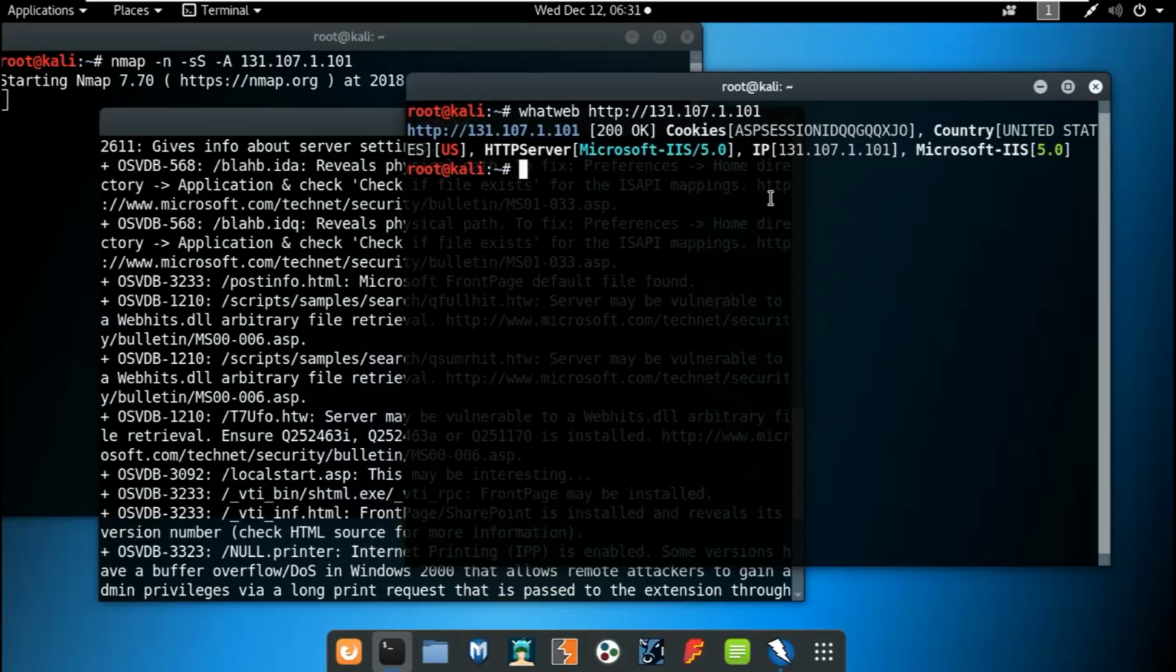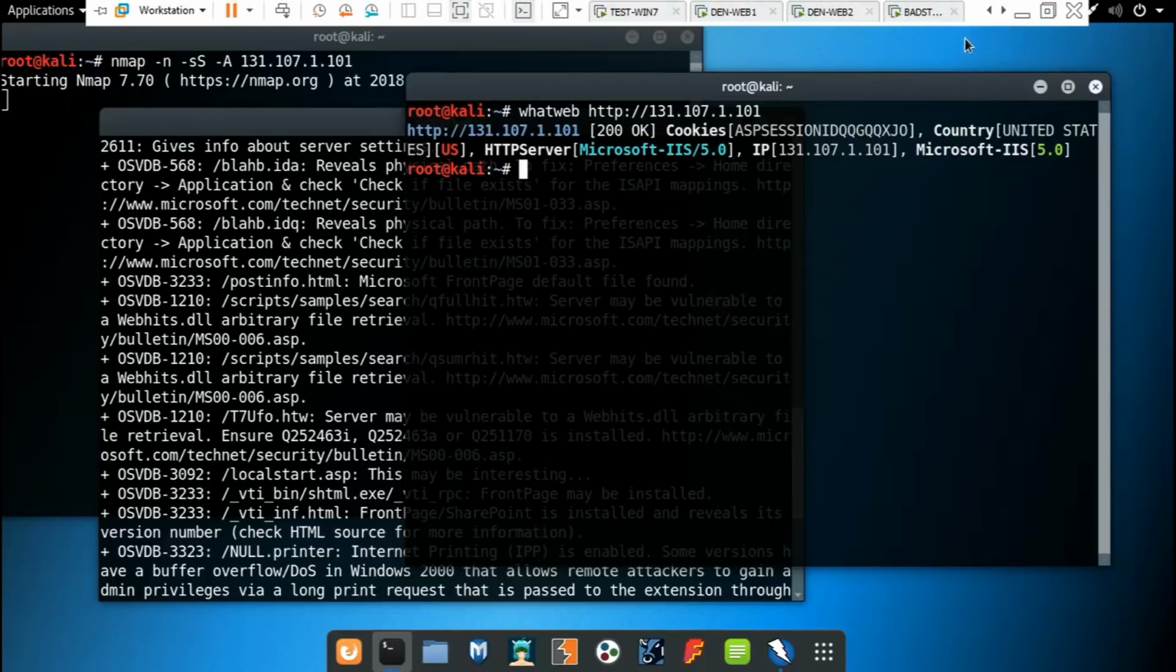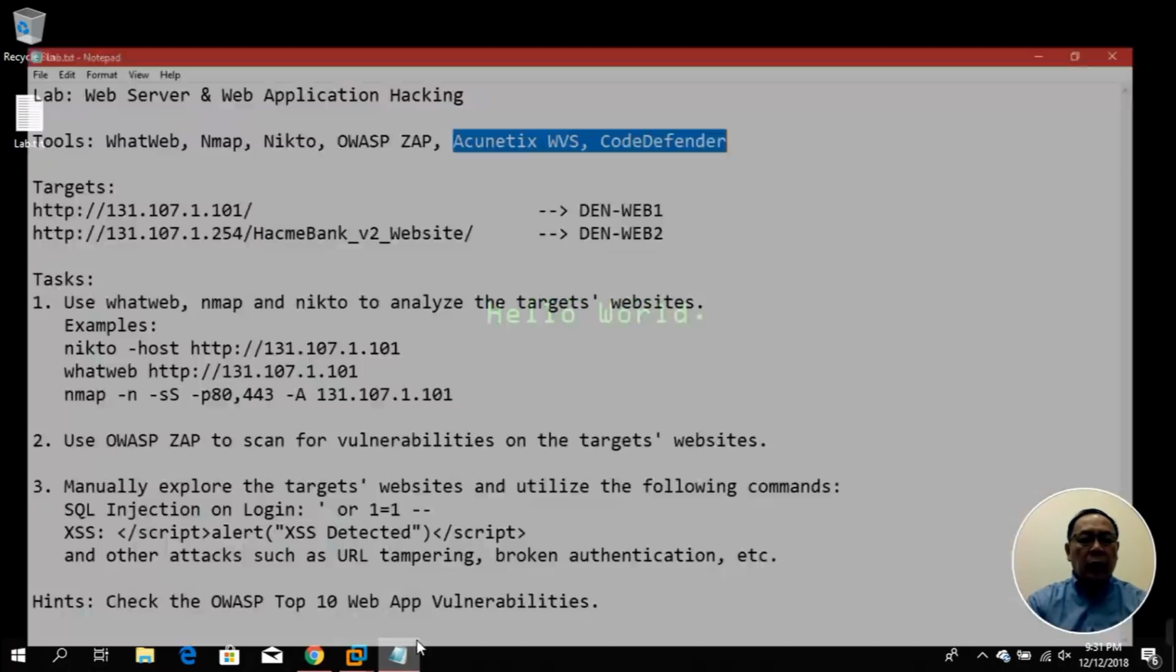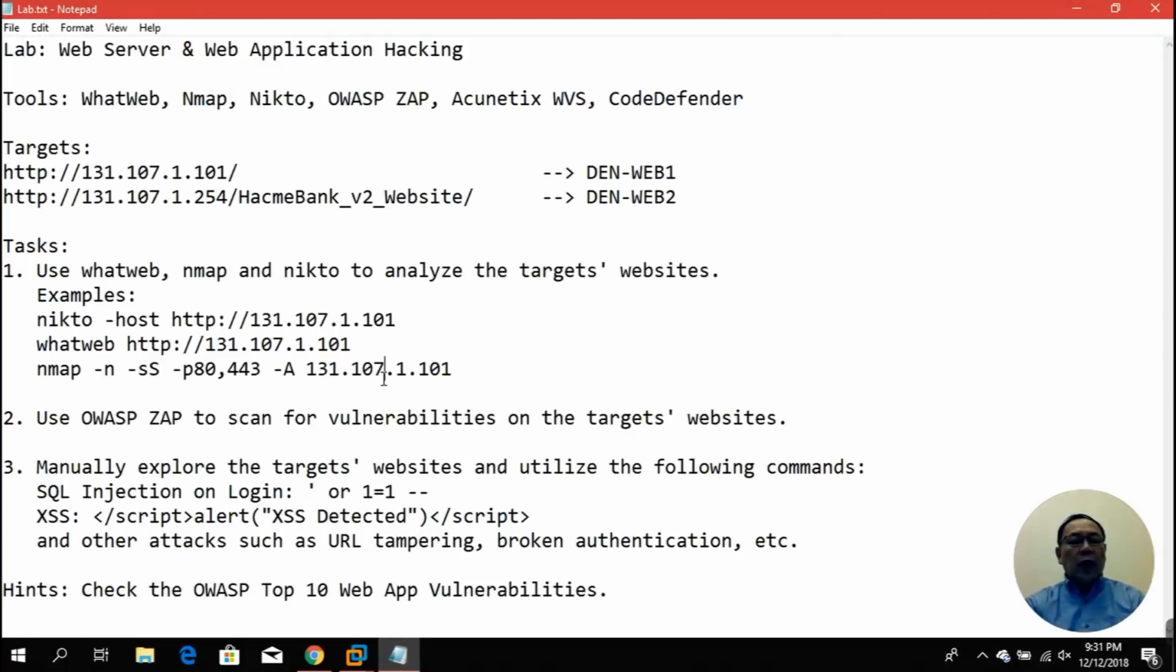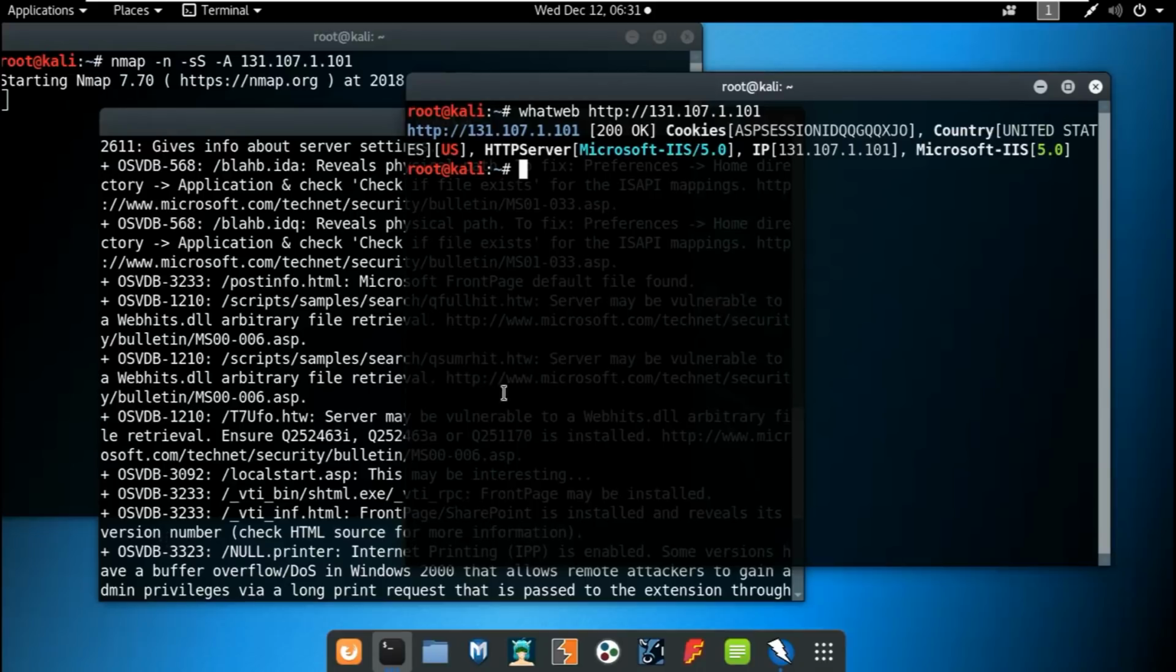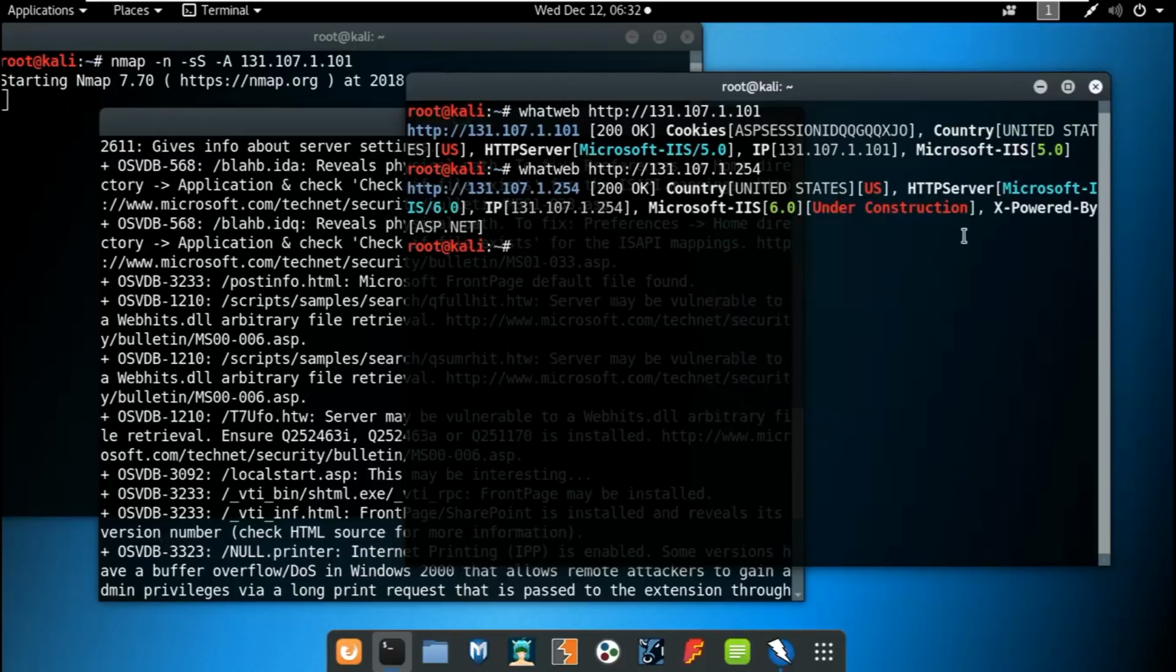You can also try a different target. According to the lab, our target would be the Hack Me Bank. You can start with this one, just copy this and then type whatweb and the HTTP address. Okay, and see what we got here. Same thing, IIS version 6. In fact, I also have